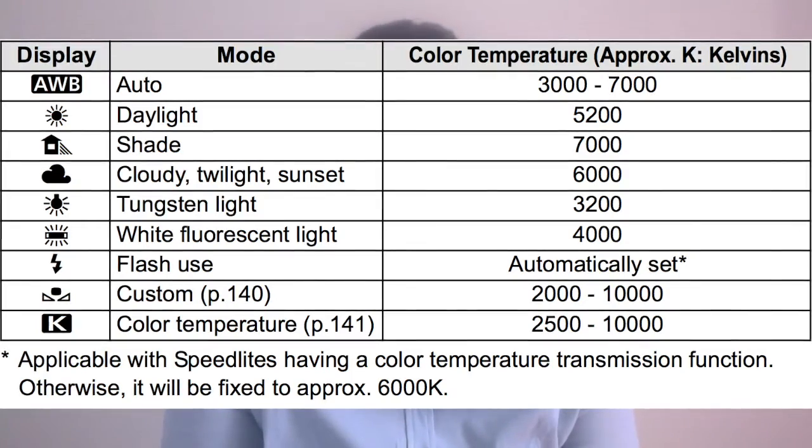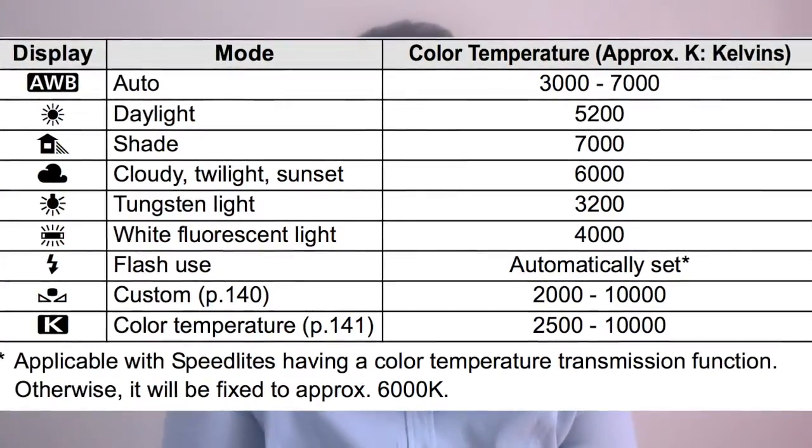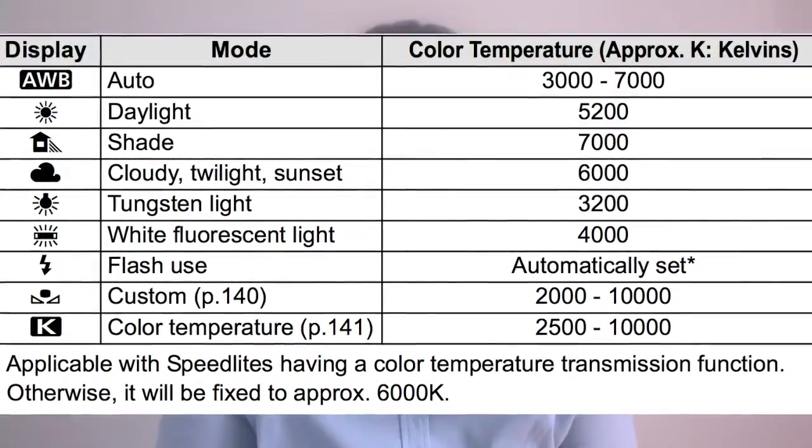For example, something called incandescent. Incandescent and tungsten are similar. It gives you a different kind of color in your picture. Or a fluorescent, or if you're shooting in daylight, you can go for a daylight white balance. If you're shooting in a shaded area, you can go for a shaded white balance. If you're shooting on a cloudy day, then you can go for a cloudy white balance. Or if you want to make your own manual setup, which is custom, then you can choose